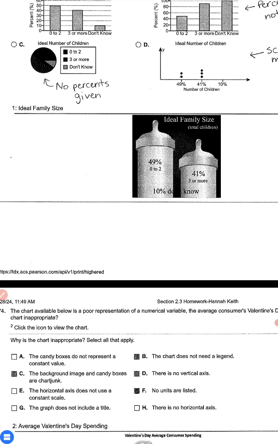Okay, so this chart right here, first of all, does not have any kind of axis to give me an idea of the scale of what's happening. I don't really know where this graph ends, so I don't know if I'm supposed to read this as the end of the graph where the bottle ends, or if I'm supposed to go up to where the nipple ends, so that's not good. There's no units given whatsoever,